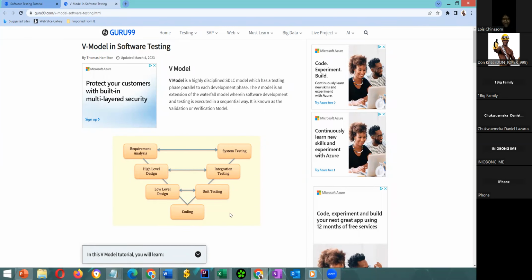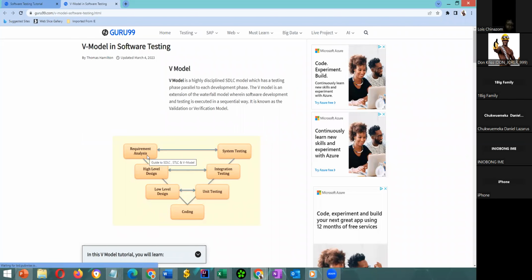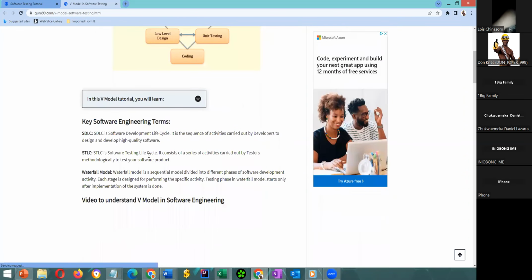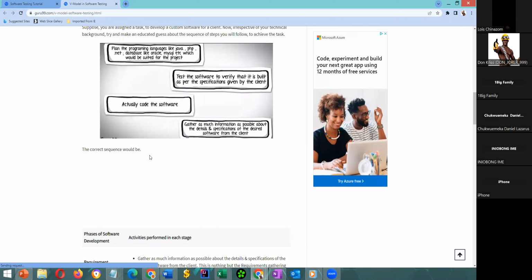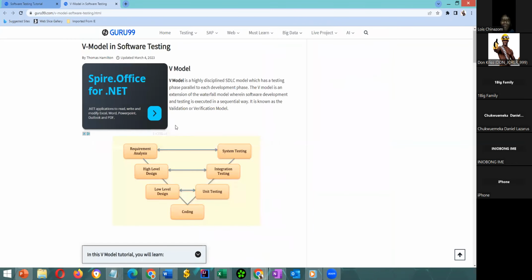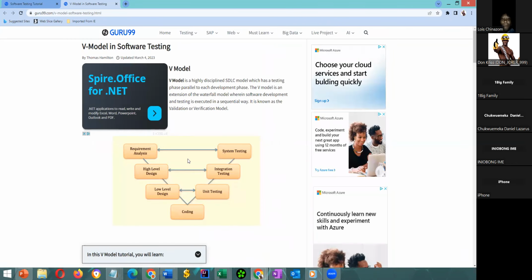So how does it work? Requirement analysis. If you go to what is requirement analysis, this is how the model goes. So it goes from requirement analysis. The requirement is what the person wants. You understand? This is what the company wants you to develop for them. High level design. This is where